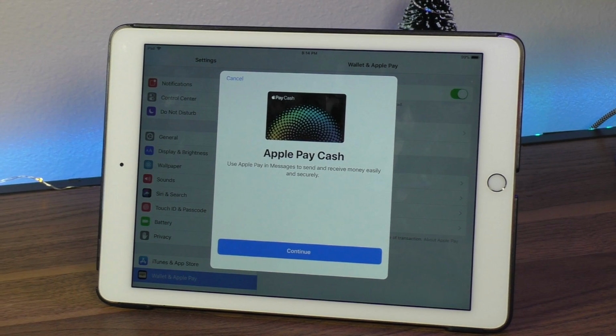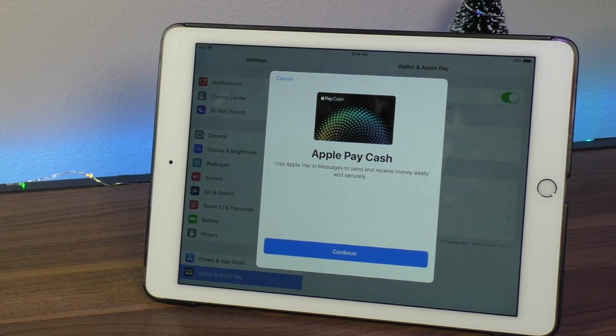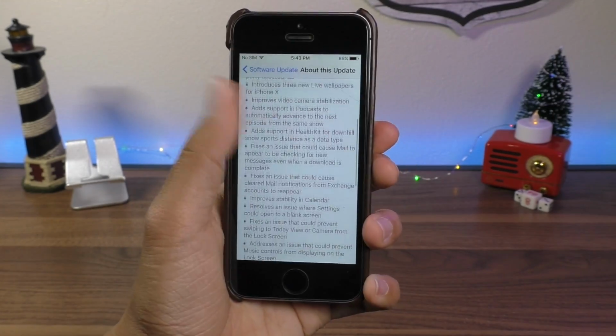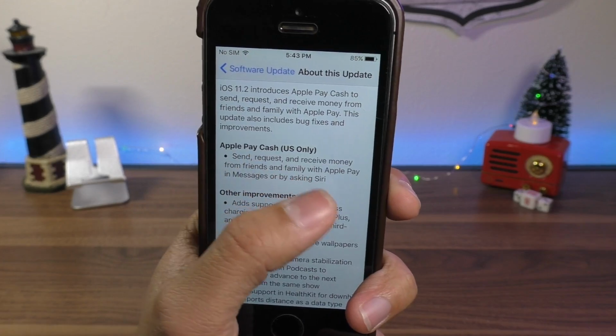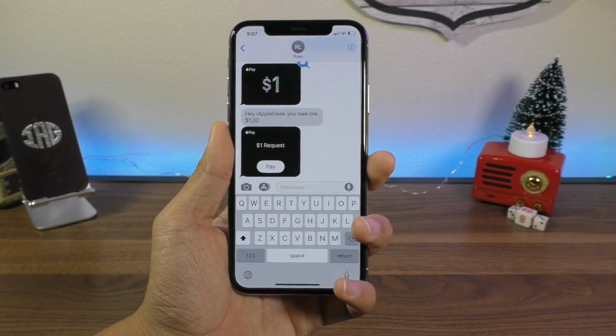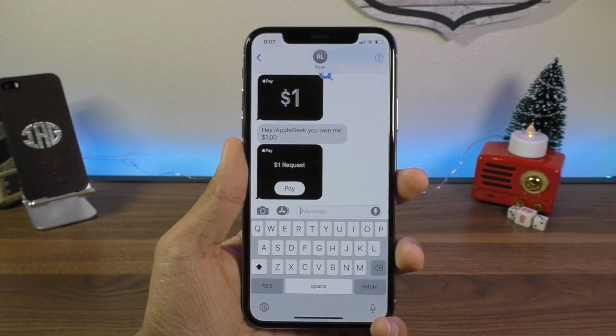This is iAppleGeek. Apple has just released iOS 11.2 to the general public. It comes with a ton of new bug fixes and other features, but today I want to focus on the most notable feature, which is Apple Pay Cash. It's a new way of sending money using Apple's very own iMessage. So in this video, I want to show you guys how to set it up and how to use this